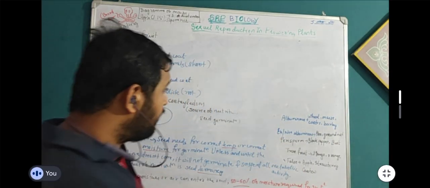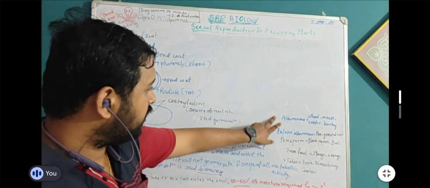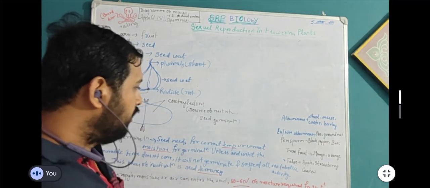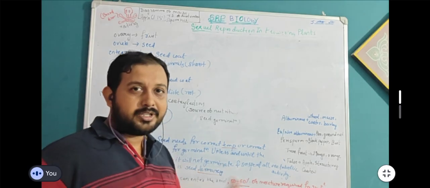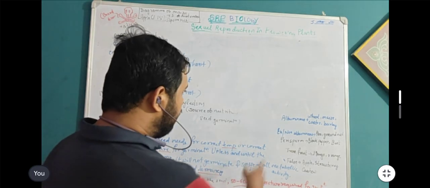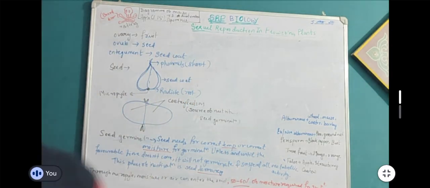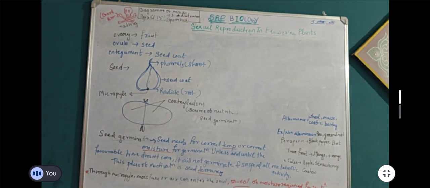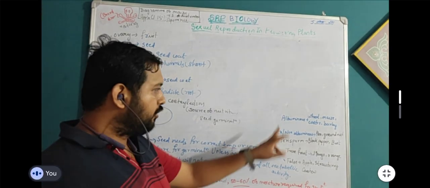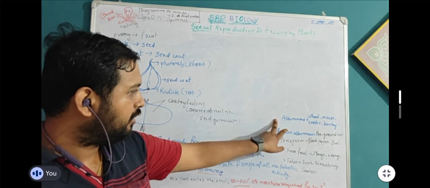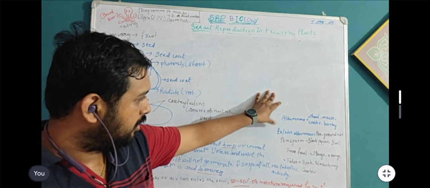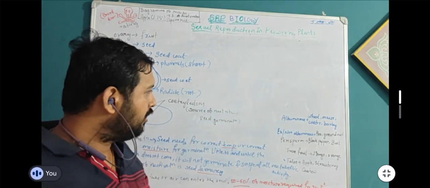A little while ago I told you that there are two types of seed, depending upon, when I was teaching you endosperm. There I told you two types of seed are there on the basis of whether endosperm is completely used or partially used. Okay, so you can see here this is the albuminous seed. Okay, the albuminous seed, they are completely used up. Okay, what are albuminous seeds? Here the endosperm is completely